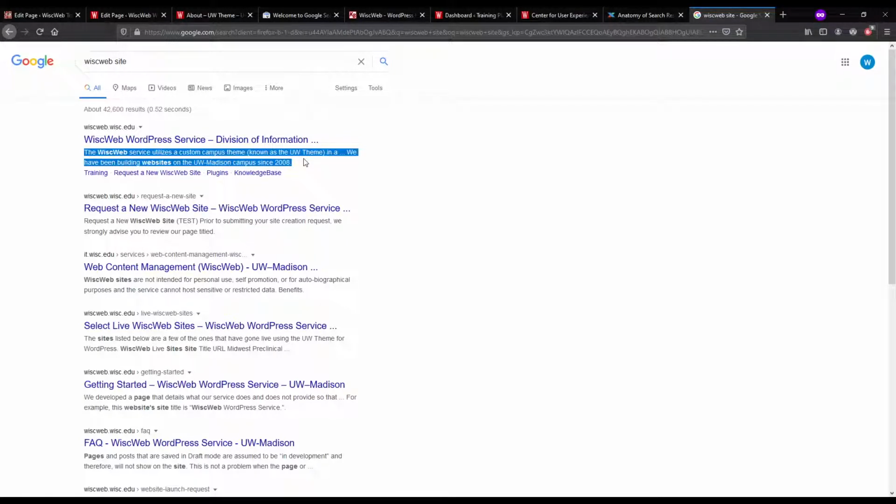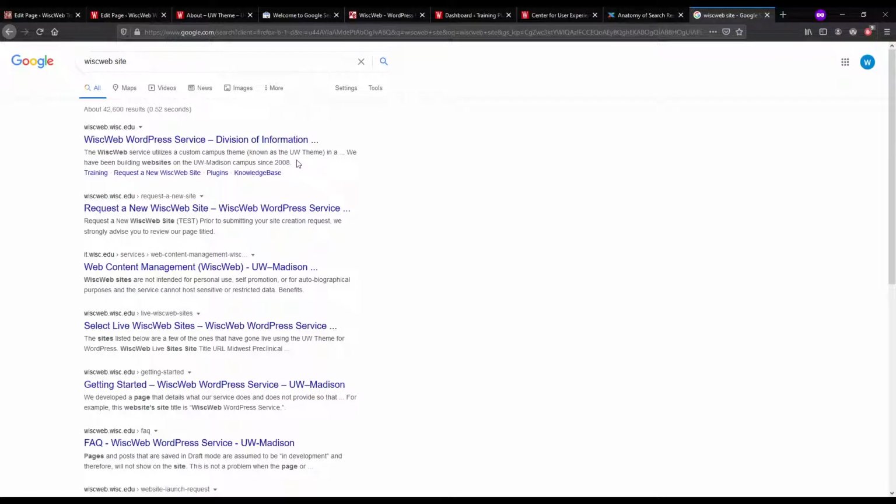Google is going to grab what it thinks is the most appropriate text from your site to display as the snippet. When I have this conversation in training and in Open Labs, the excerpt helps, the site title helps, the site URL helps, and the text on the page is one of the things that is most helpful.